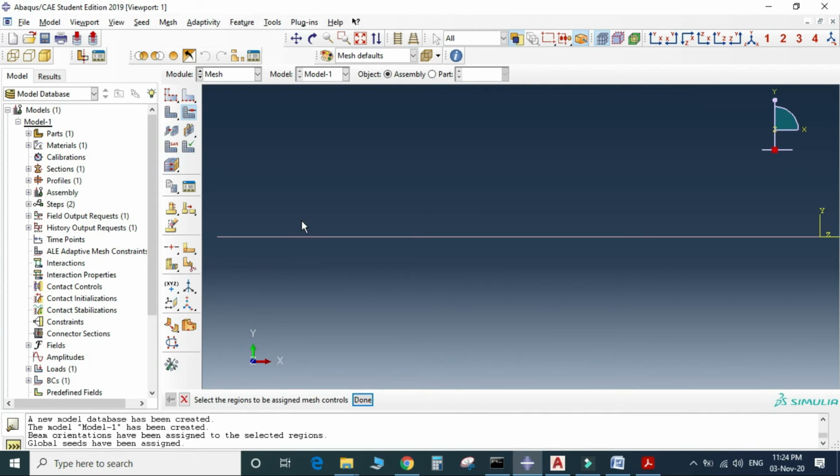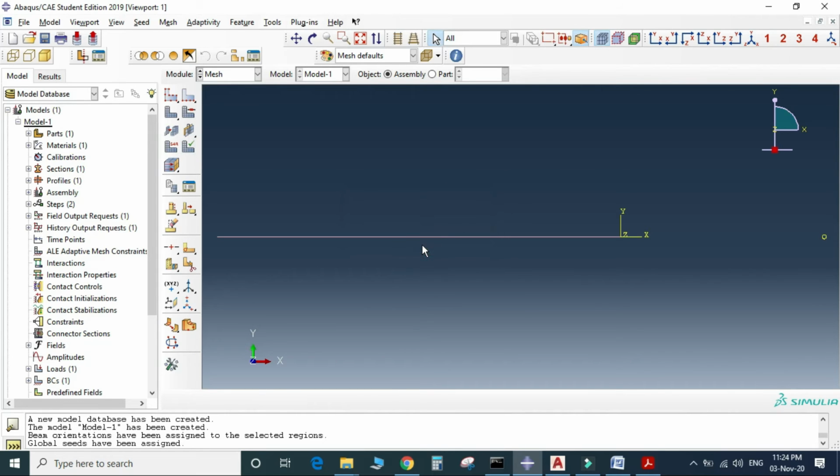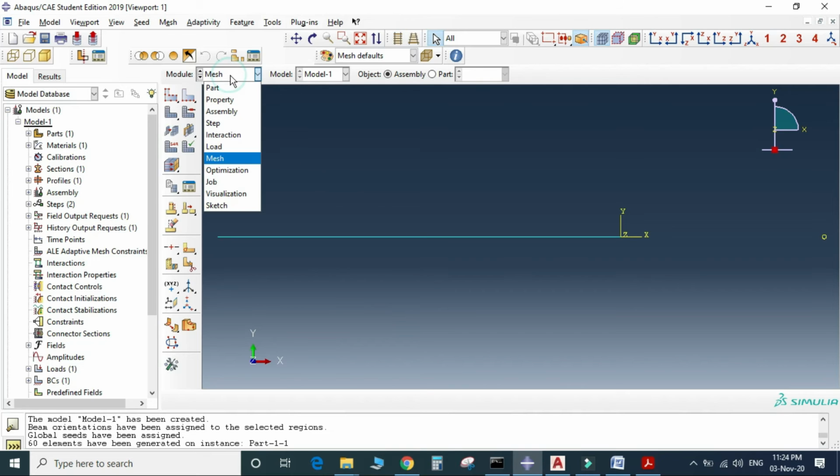Select Control A. Done. Verify mesh. Okay, done.